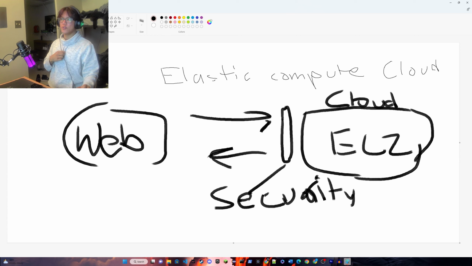If we go a little bit more into the security groups, they have these things called the firewall, which